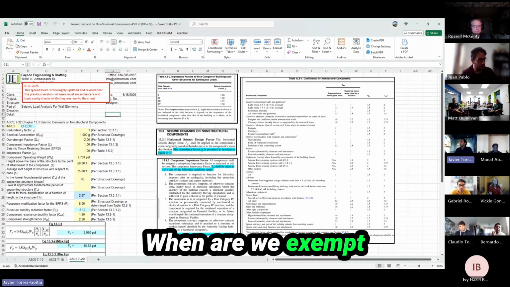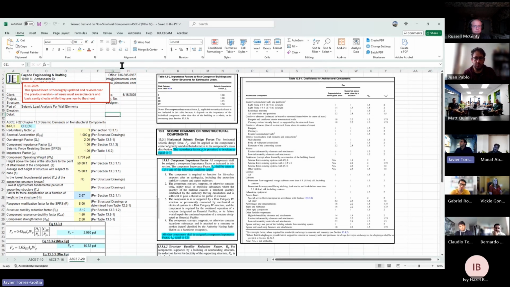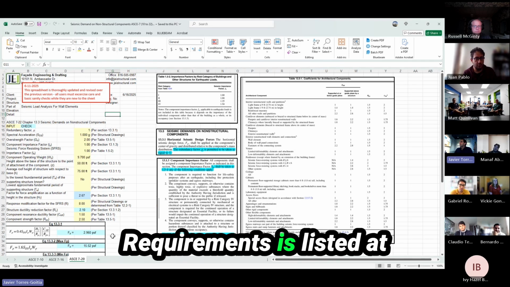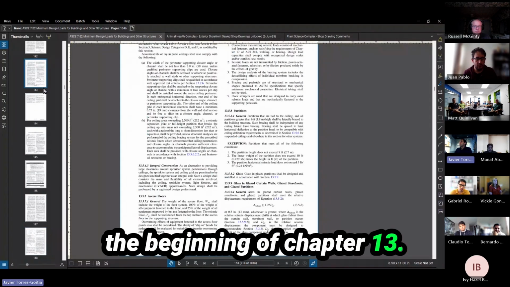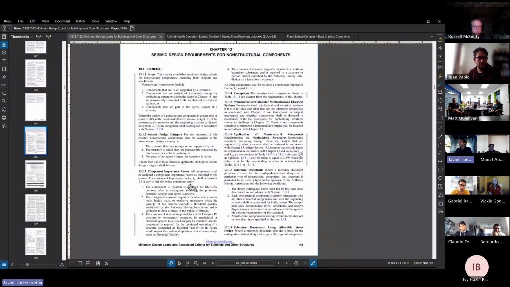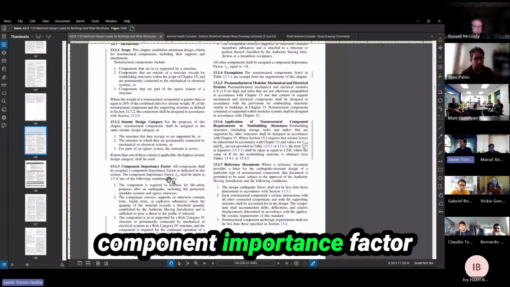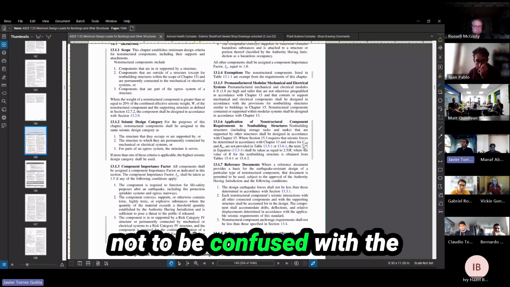When are we exempt and when are we not exempt from the seismic requirements is listed at the beginning of chapter 13. There are some exclusions in which, for example, the component importance factor, not to be confused with the main force resisting system importance factor,